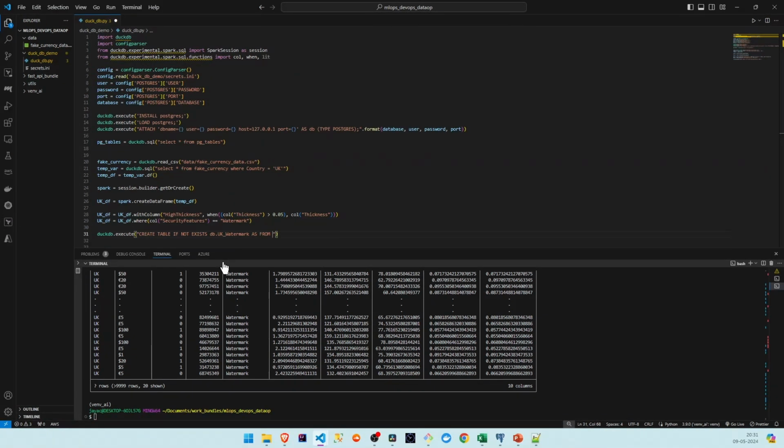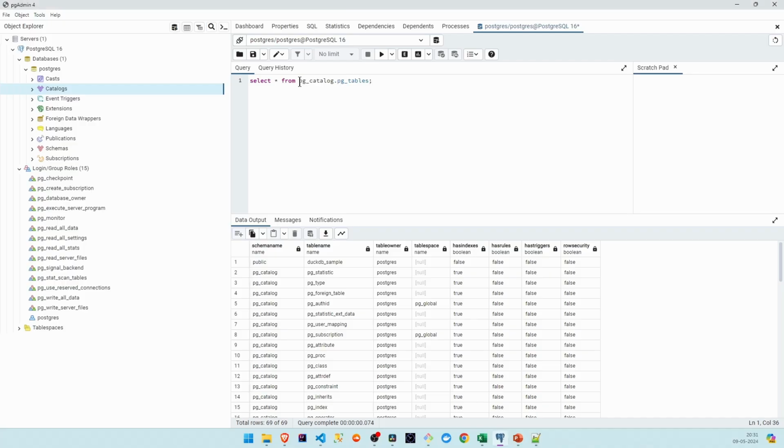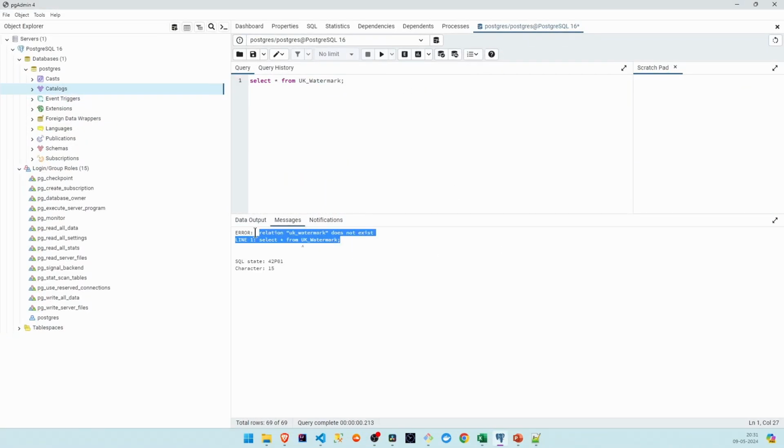Again, the magic of DuckDB is we can use that ukdf data frame variable as a view here. So what this does is create a table using this ukdf. We don't have to specify columns or any schema. So if we go to pgAdmin and try to run this, I will not see any data because the table does not exist yet. So if I run